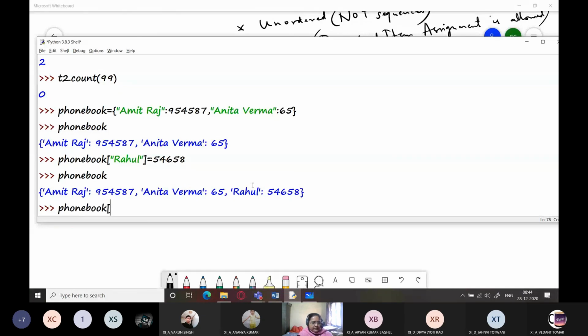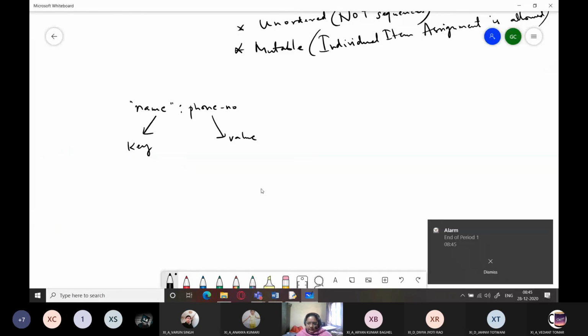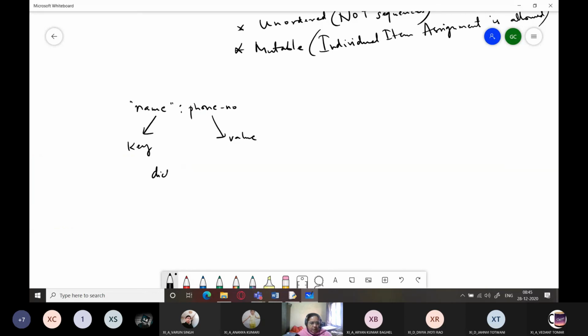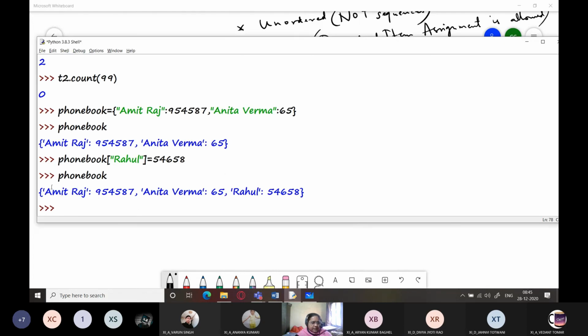So how do you add values to it? Adding values is like this. That is the dictionary object, and within square brackets, provide the key, and after equals, provide the value, right? So that's what I did over here.